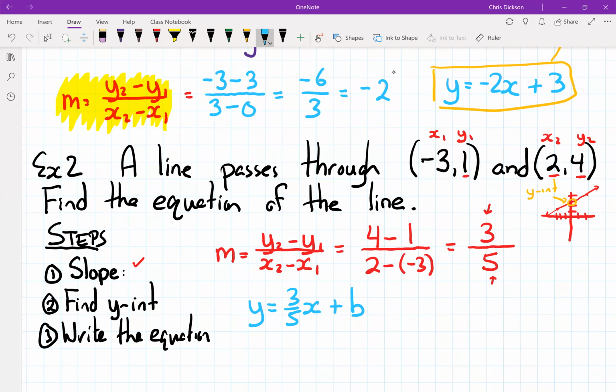Now this can be a bit intimidating at this point because you've got these 3 letters. You've got this y, an x, and a b. And it really doesn't matter whether you're a really strong math student or a student who really struggles at math. Nobody can solve this equation unless you know 2 of the values to solve for here. So what we're trying to solve for is b. We're trying to get that value b there. And so unless you knew what x and y were, there's no way you could solve that. It would be impossible. But you actually do know what x and y are because you know the line passes through this point